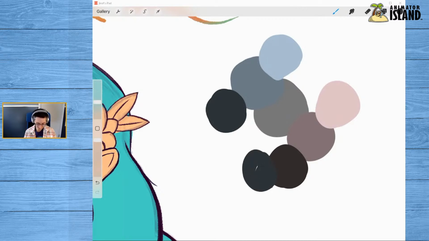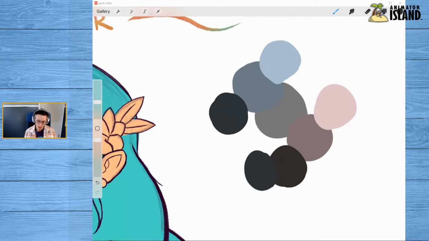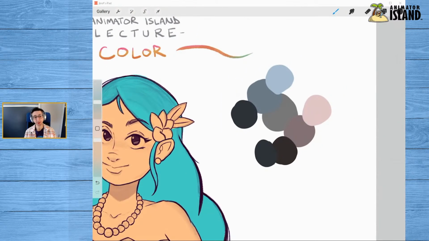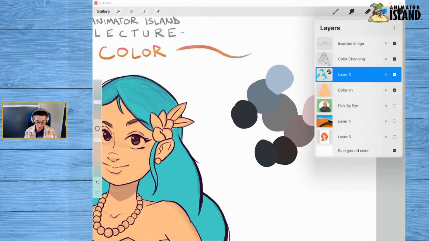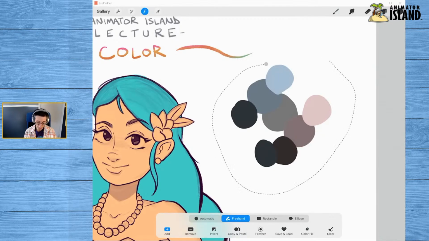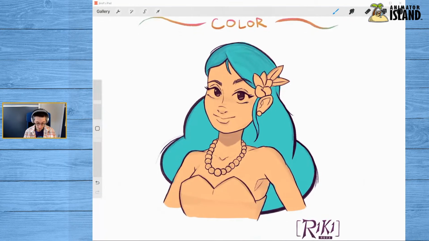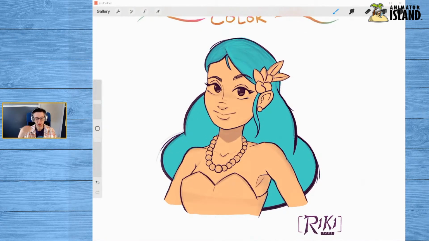Again, I'm not sure if you can see it on your screen. Yeah, should be able to see it. You have this deep blue gray instead of a deep red gray. So all that being said, these are the things you need to keep in mind. As we go forward and I do the hair here, I need to determine, do I want the hair to be more of a red gray or a deep red, or do I want it to be more of a deep blue and that sort of thing?